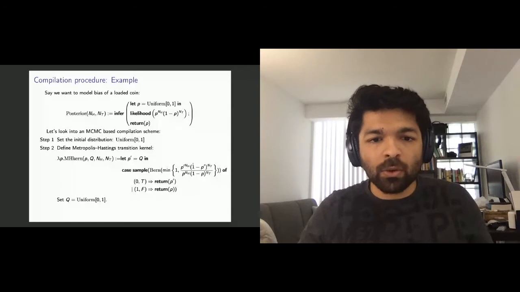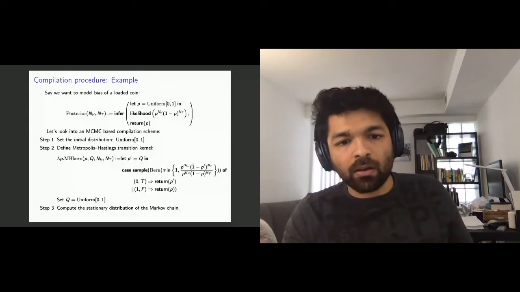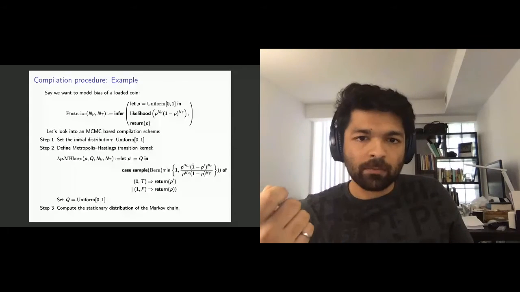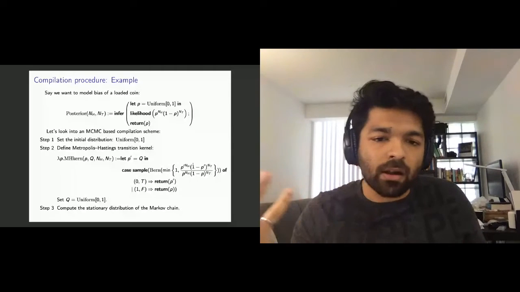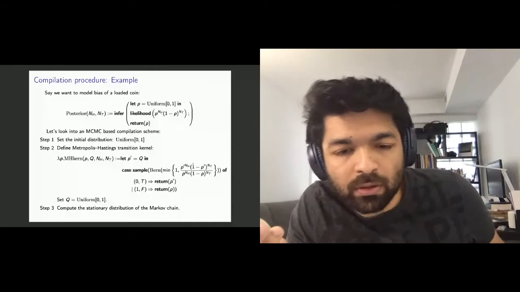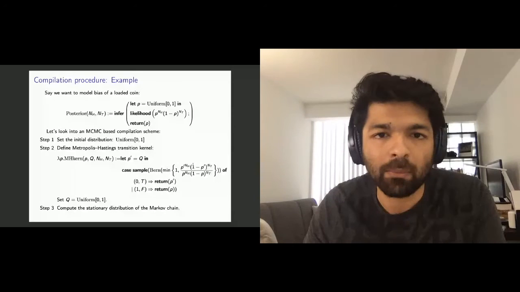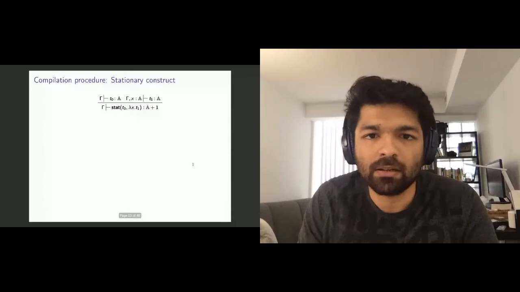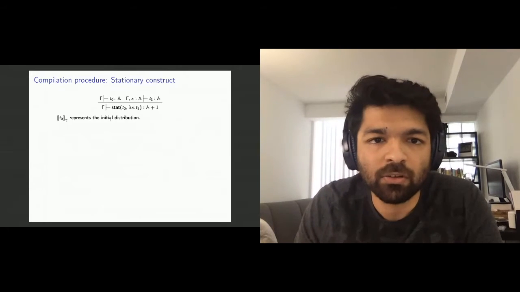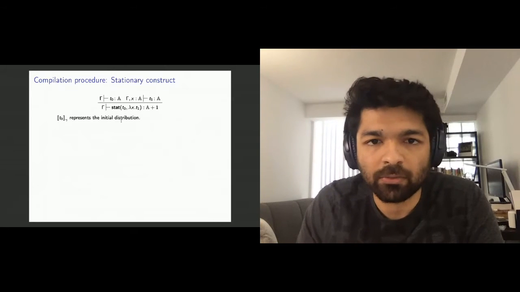So what we want to do essentially, once we have a definition of this Markov chain, is compute the stationary distribution of this Markov chain. Currently our language lacks this computational abstraction of computing the stationary distribution. So let's just add it to the language. We propose this new language construct, stat, that takes as input an initial distribution T naught over the space A, or some arbitrary space,